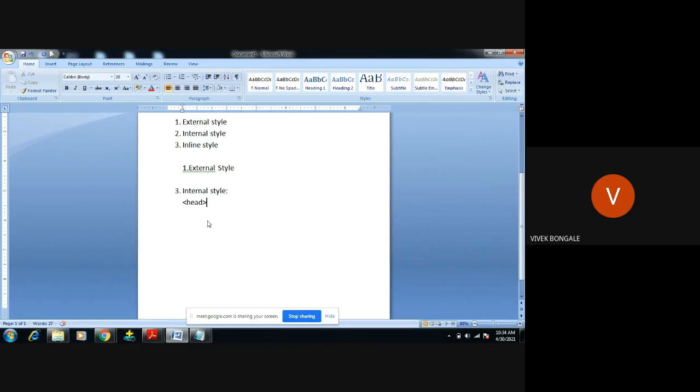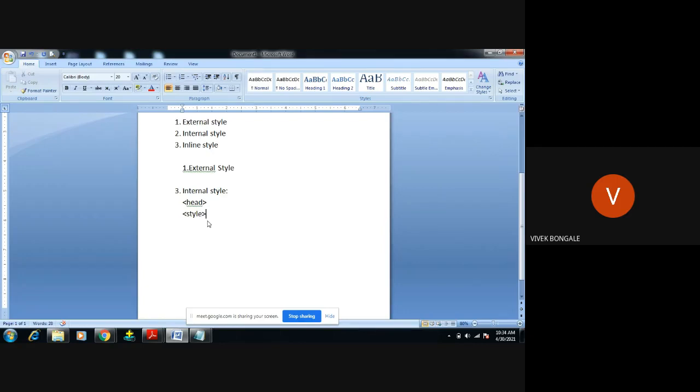If you are using the CSS in the same HTML file, we are not giving any .css file. We are not using any .css file externally. In the same program, if you are trying to use the CSS tag, we have to locate those styles in the head. After that, we have to use the style tag, because in the earlier external style sheet, we were giving the .css.